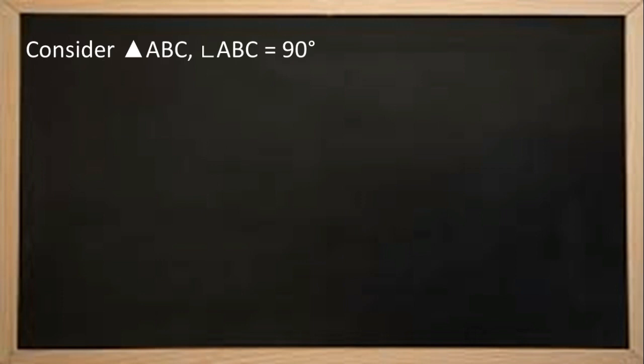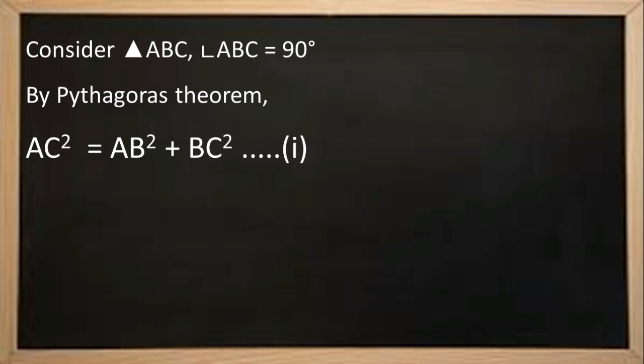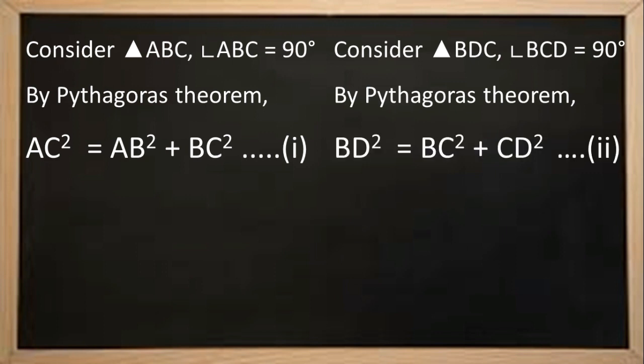Consider triangle ABC where angle ABC is 90 degree. According to Pythagoras theorem, AC square is equal to AB square plus BC square. And another triangle BDC, according to Pythagoras theorem, BD square is equal to BC square plus CD square. By this step, almost all the time as we started equating the results, your mind may say the same thing. In both the results, BC square is common. Should we have to rewrite the equation equated to BC square? In this problem, it is no.